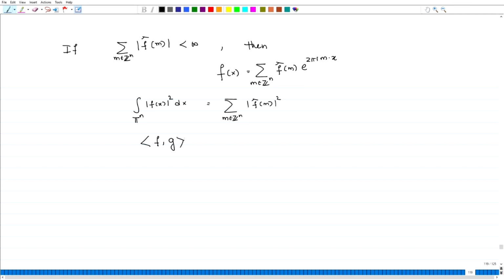If f and g are continuous, then we can write this as the sum of f hat of m times conjugate g hat of m. All these are going to be true, and no new idea is needed, and almost whatever idea is needed we have discussed over here. And so this is the Fourier